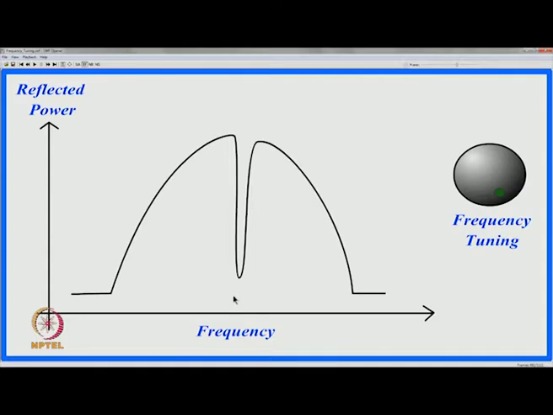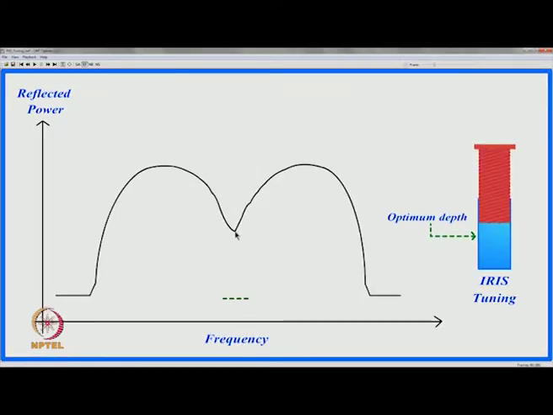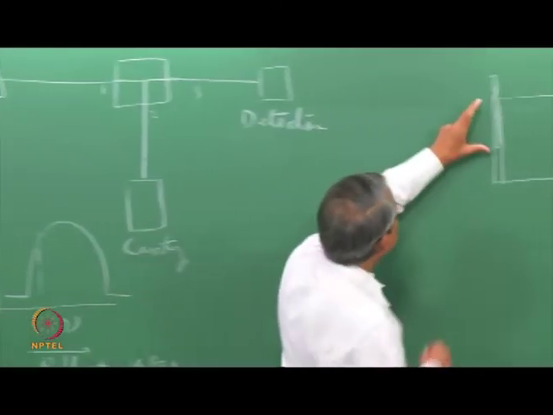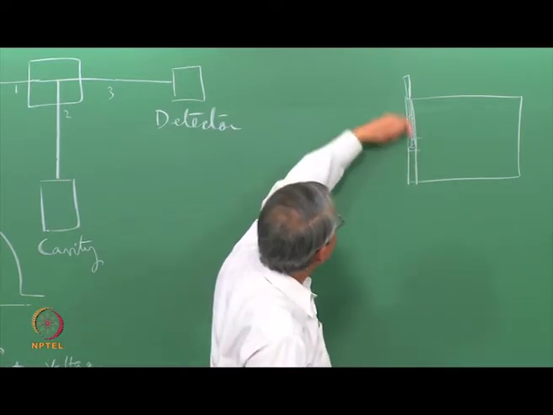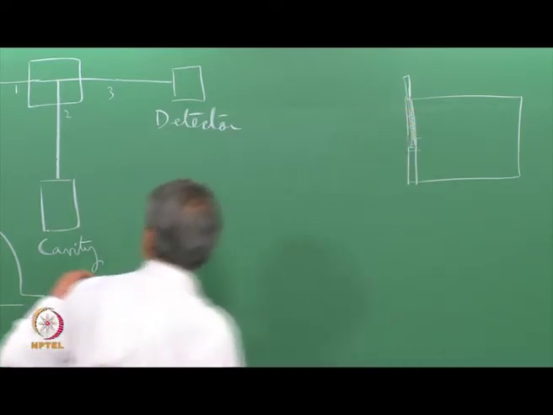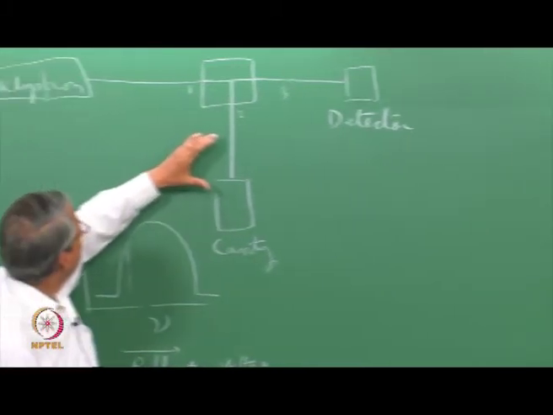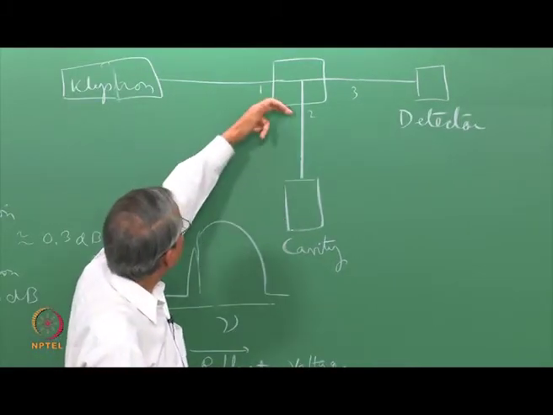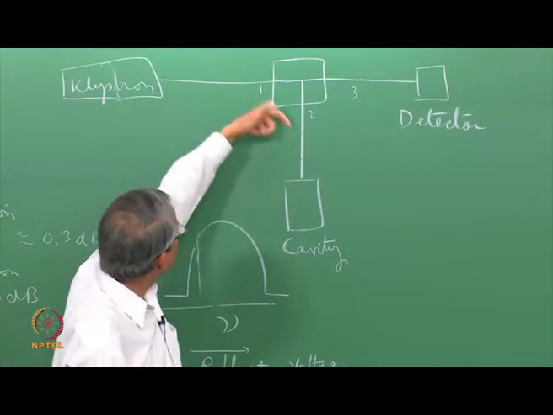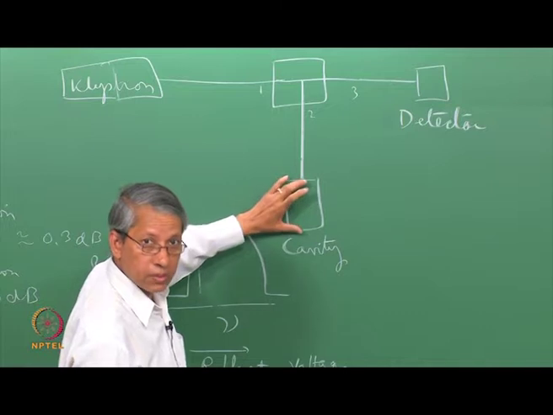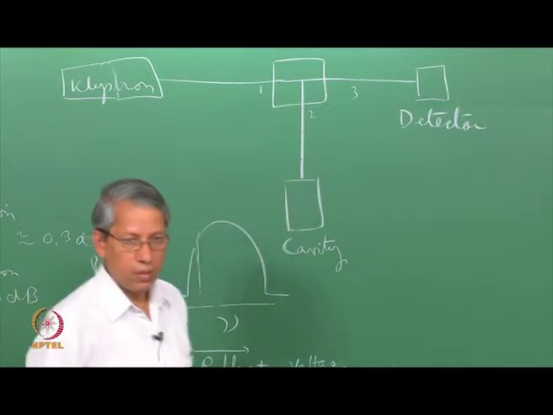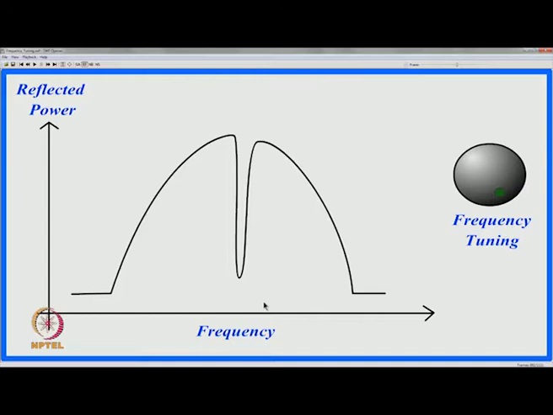For that, what we do is the cavity has an iris tuner. The cavity has a tuning screw in front of this iris hole. So, by adjusting the position of the screw, one can match the microwave that is coming from the klystron and entering the cavity, and that is reflected from the cavity. That can be matched, so the reflection is minimum. Now, to see that, I have again got another animation here.